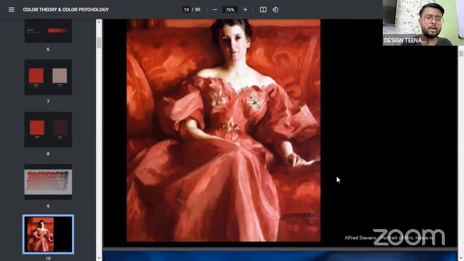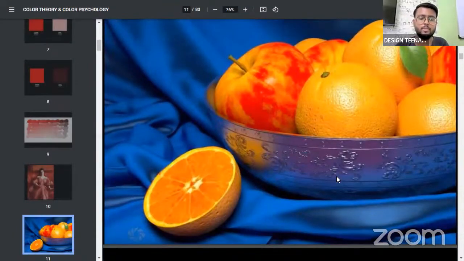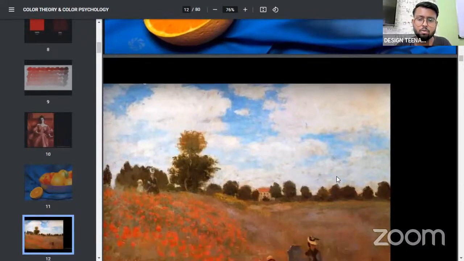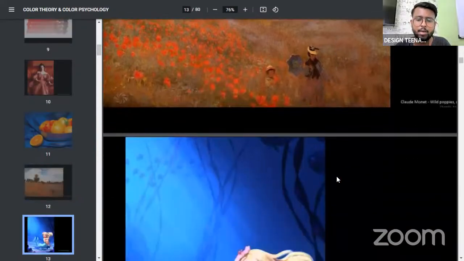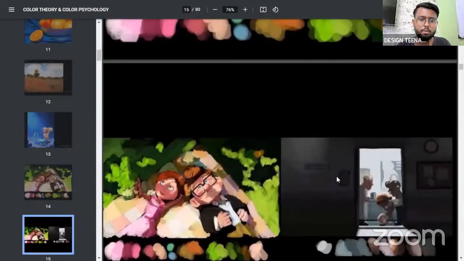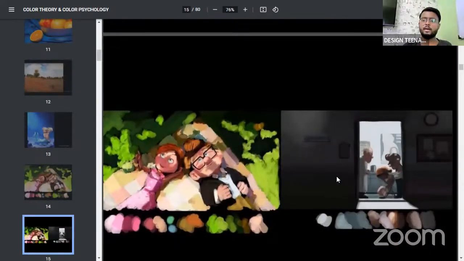Okay. So now if we move below, we will see a few other compositions wherein there have been several different color compositions used. We will not stop over here. You guys can always come back and check out these particular compositions. What we need to understand over here, one important example which we have, if we go below, is how color changes the mood. Just by the addition of color, you can understand the mood or the whole setting of the composition. For example, what we have over here, the left hand side one, definitely there is facial expression, there is everything, but depending upon the color utilized, it changes the mood.